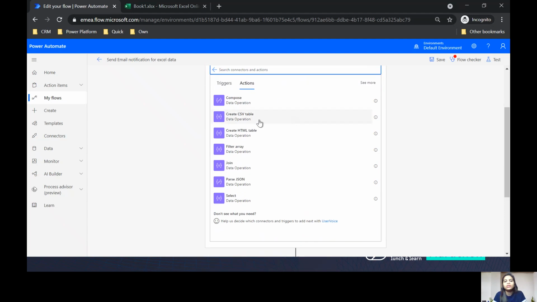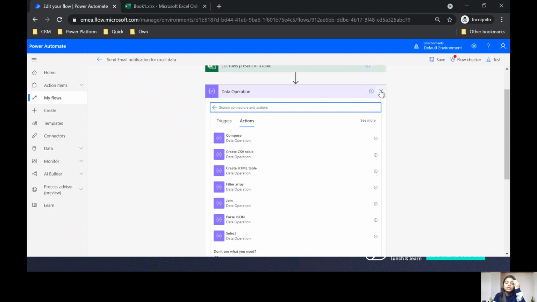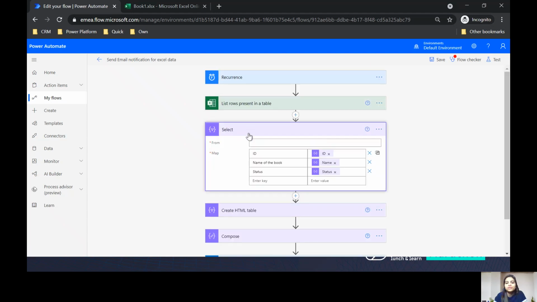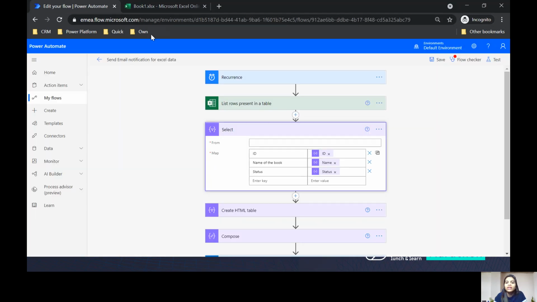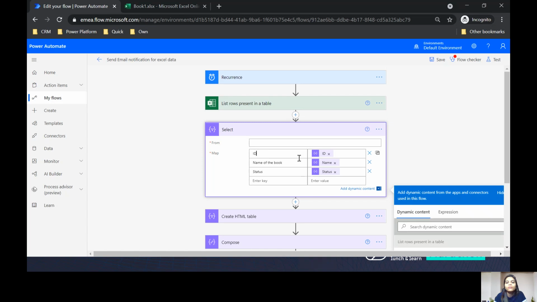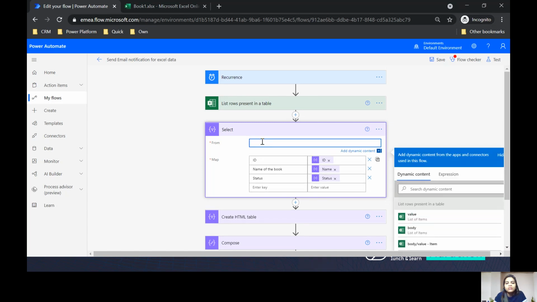You can compose, create a CSV file and table, filter your array, do a join if you want with those data. The reason I'm doing a data operation of select for now is I don't want all those 5 columns from my table. I'm very specific about the ID of the book, the name of the book and the status of the book. The from is to be taken from the previous step.